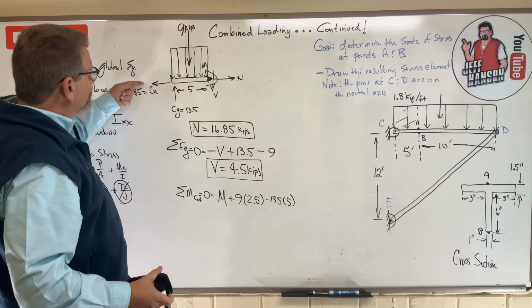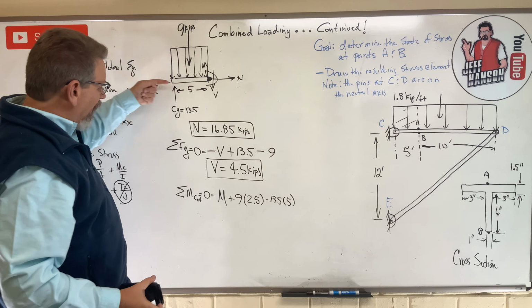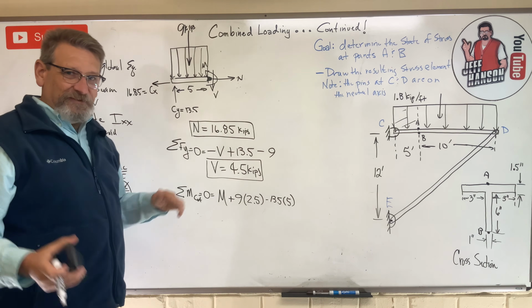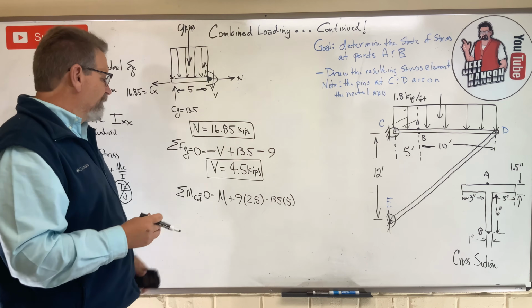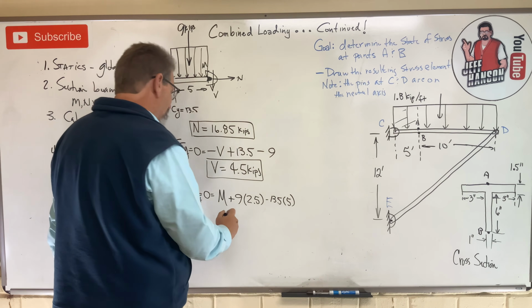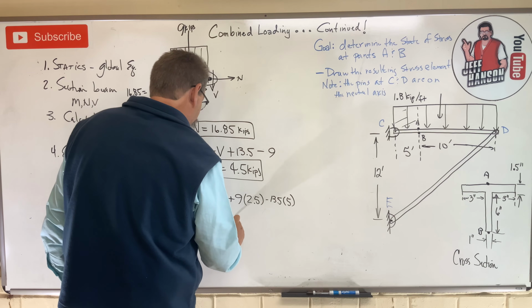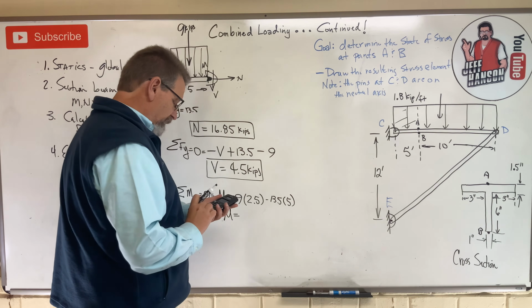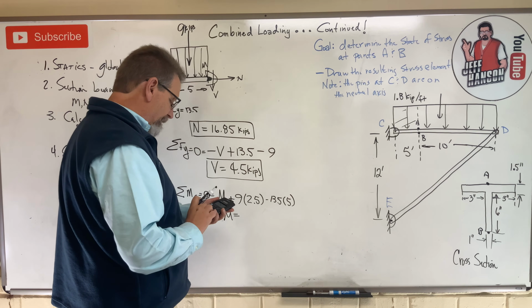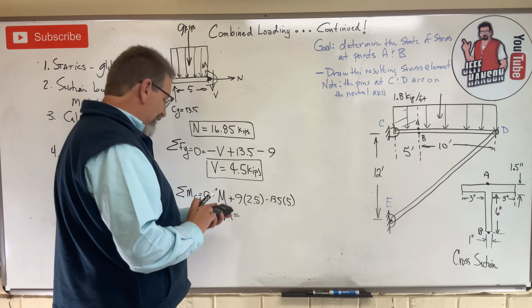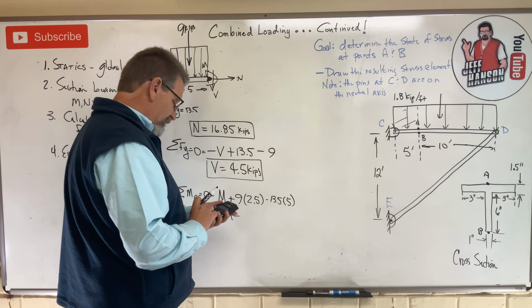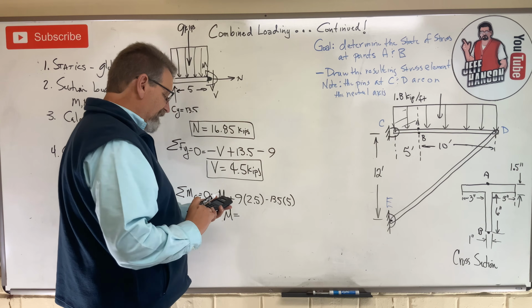And then of course C_x goes through point C, so it's knocked out and does not contribute to the moment. That's all we got. So M is equal to 13.5 times 5 minus 9 times 2.5, which is